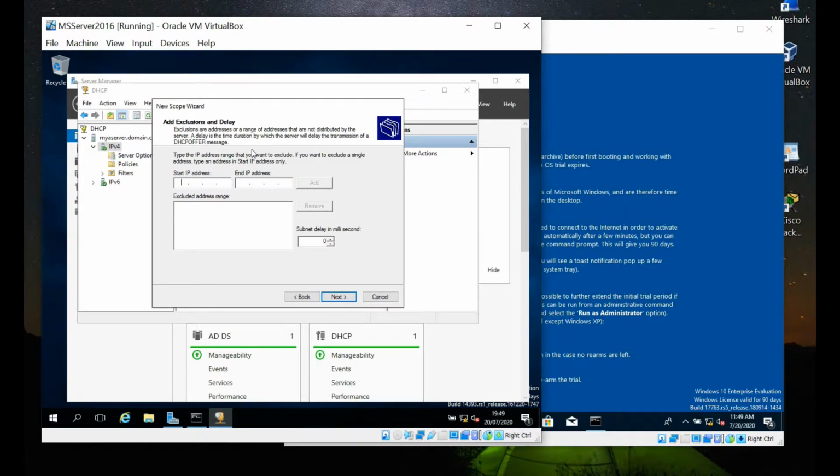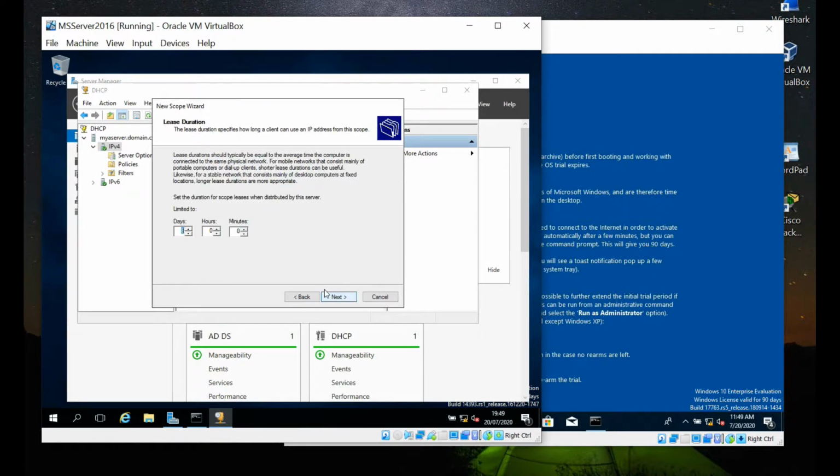In this stage of the wizard, it asks you for any exclusions or delays. Now, this is if you want to add on any particular addresses that you do not want to distribute if new machines are attached, or you do not want to allocate, so we can skip by this. And the lease duration, you can set as much as you want. Currently it's set at 8 days, so I'm going to leave it at 8 days. This basically means every 8 days it will check which IP addresses are still in use and whether they can be reused again and reallocated. So leave that at 8, select Next,